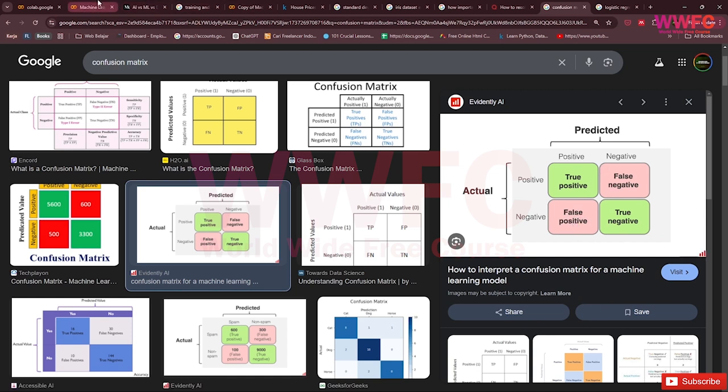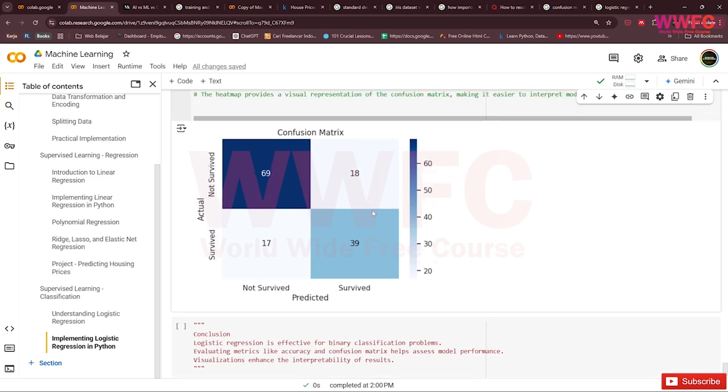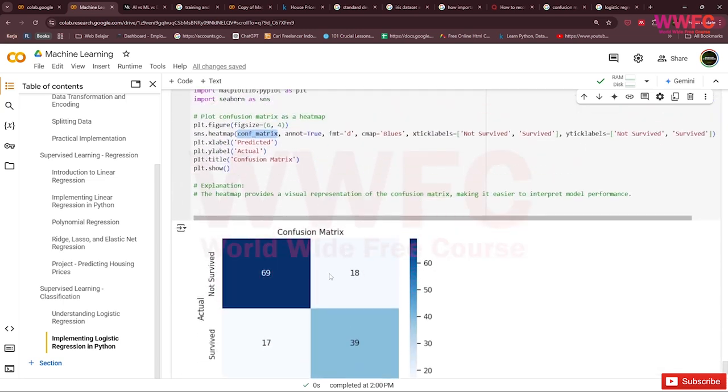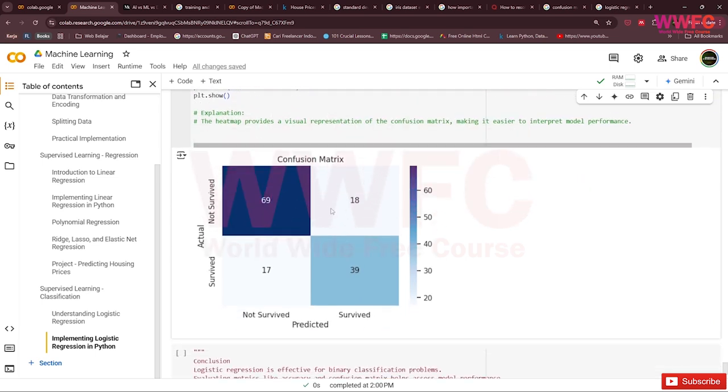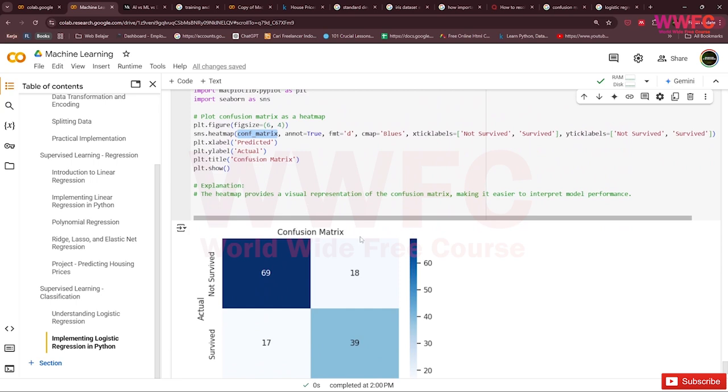So this is actual, they survive. This is a false positive and this is a false negative. If I remember, survive is positive, so false with positive is a false positive, and false with negative is a false negative, right? So not survive is more wrong. This is a good example of a heat map for visualizing the confusion matrix.